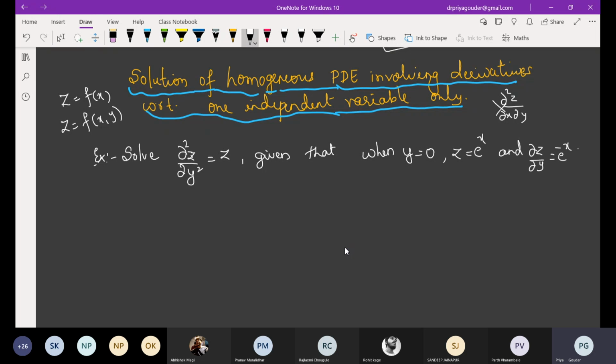Now you are saying that this is a differential equation only differentiated with respect to y. So what we'll do, we'll just treat, in the beginning, z as a function of y only. Actually, z is a function of x and y both, but we assume that z is a function of y only in this example. So when we treat z as a function of only one variable, it is converted to an ordinary differential equation. Am I right? Partial will come if it is more than one. When we take z as a function of only one variable, the PDE can be converted to an ODE. So to write it, just write dou as D. That is the main part.